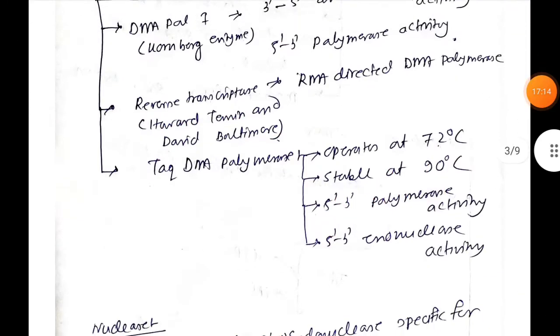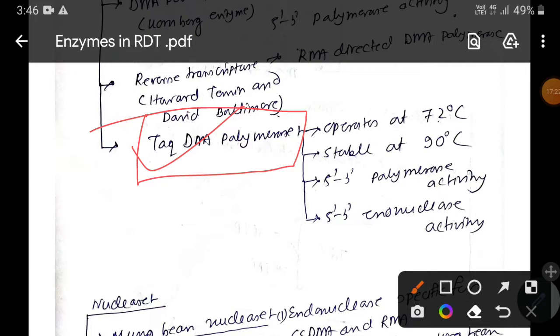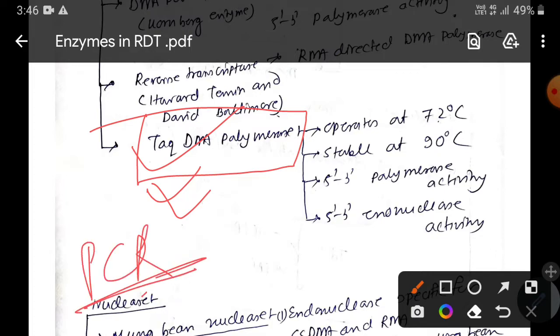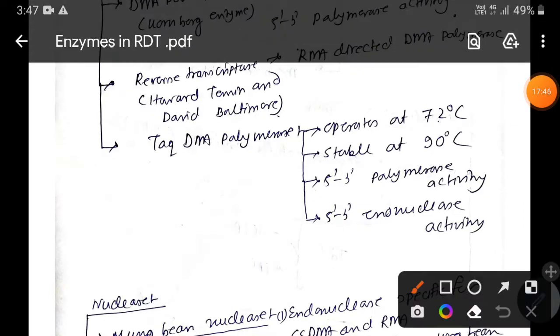Now let's discuss Taq DNA polymerase. Remember, it is a very remarkable discovered DNA polymerase, because without Taq DNA polymerase there would be no existence of the polymerase chain reaction, PCR. I am going to upload a detailed video regarding PCR where we are going to discuss everything at a glance. So without Taq DNA polymerase there would be no existence of PCR, because remember, in PCR we are using